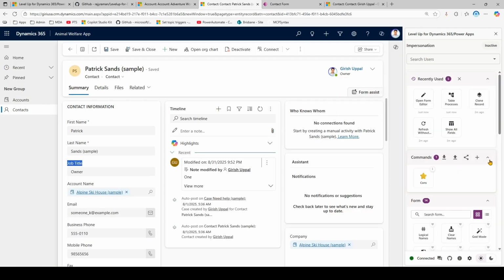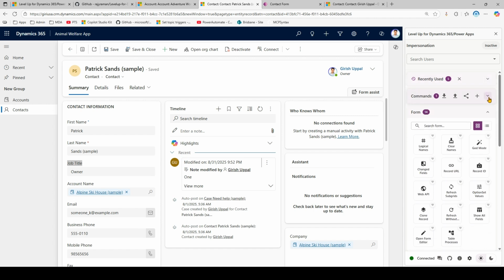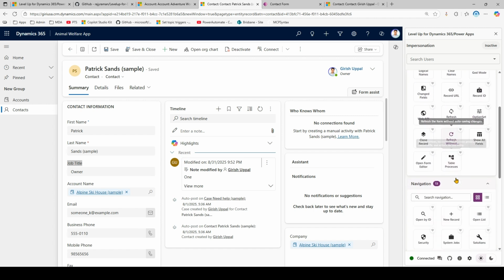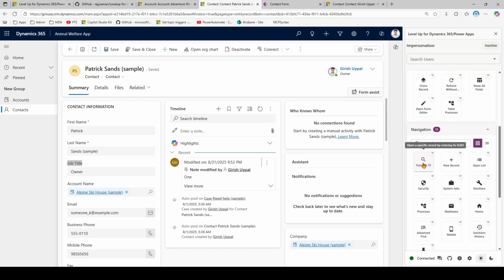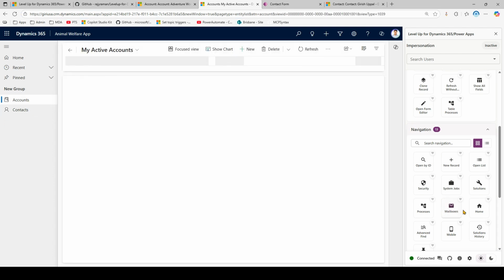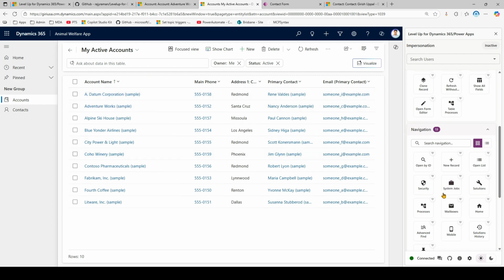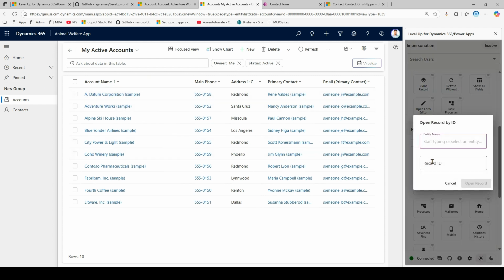Okay, coming back to the control over here. So we have seen all these things. Now there is a navigation, so you can open by ID. If you know the ID, let me copy the ID of Patrick Sands. Now what I'll do, maybe in my model ribbon app, I'll say open by ID, and